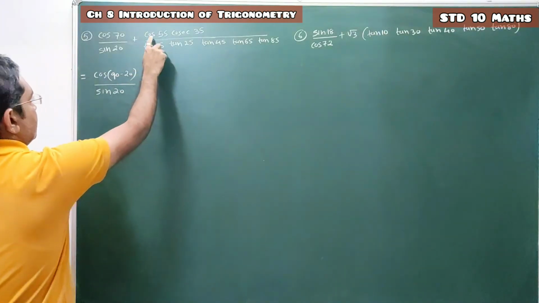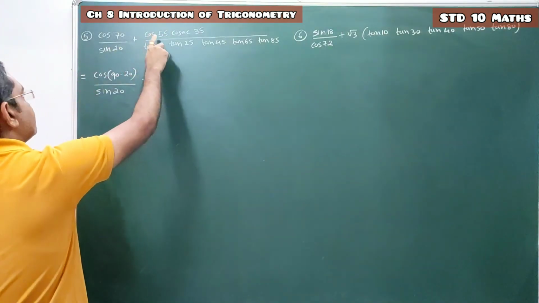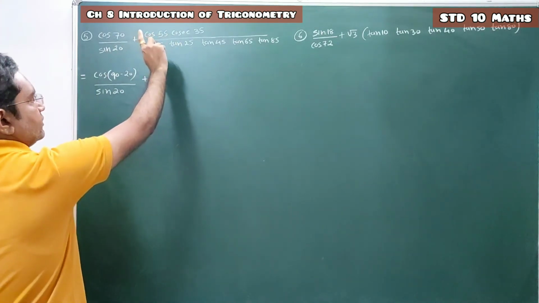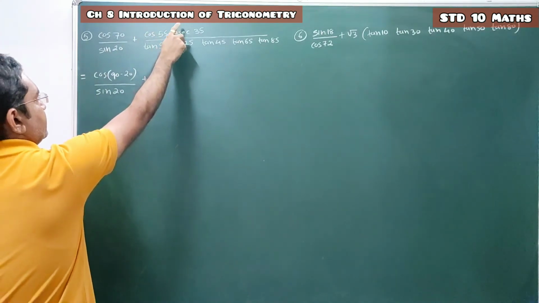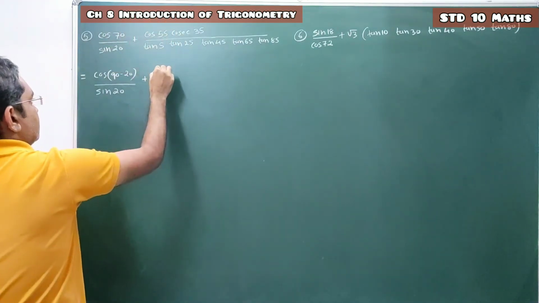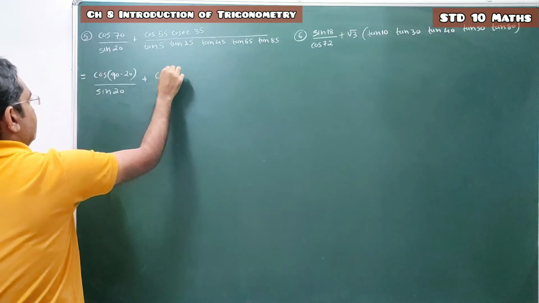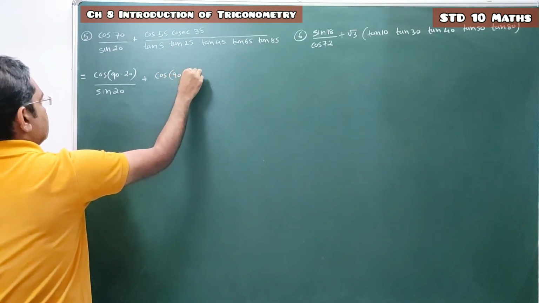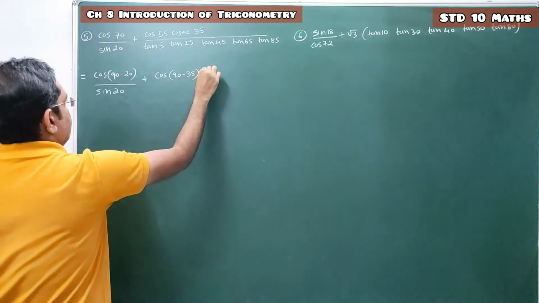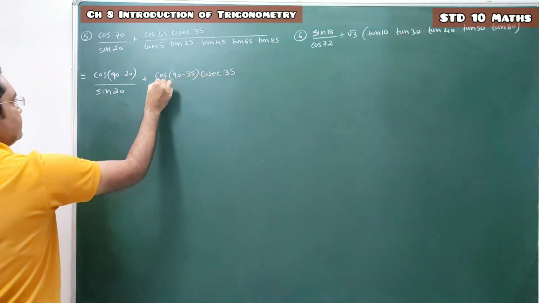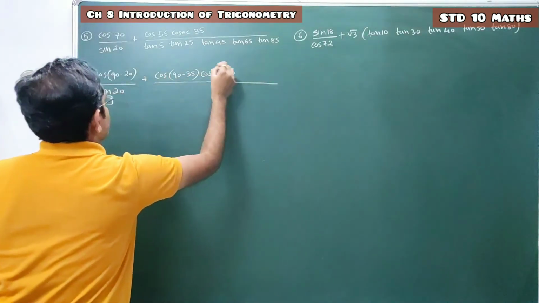Plus, now again, convert this cos into sin, since sin and cosec are reciprocal of each other. Or convert this cosec into sec, since sec and cos are reciprocal of each other. So taking this cos, cos 55 is nothing but 90 minus 35, and this one is cosec 35 upon